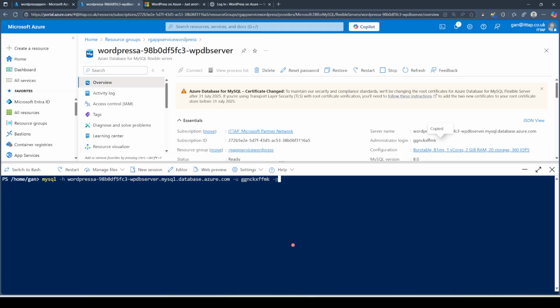Then -p. You can enter the password here, but I don't want to enter the password in plain text. So you press the enter key, then it will prompt you for the password. I have reset the password, so enter that password. Sometimes it won't connect. Maybe you have to wait for 1 or 2 minutes, but in this case it's nothing to do